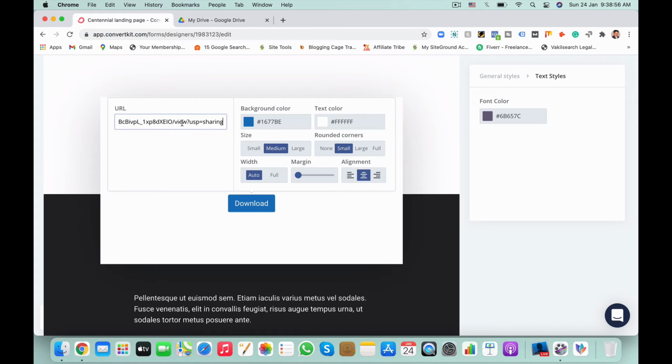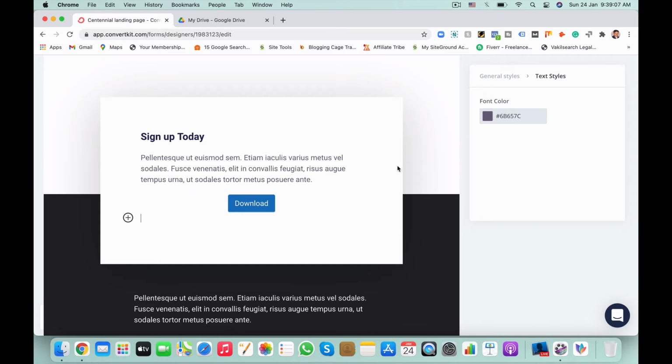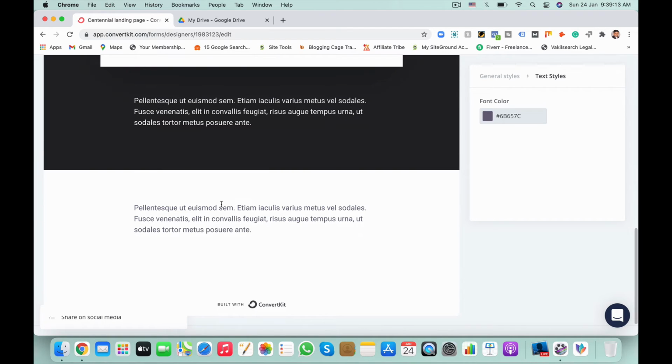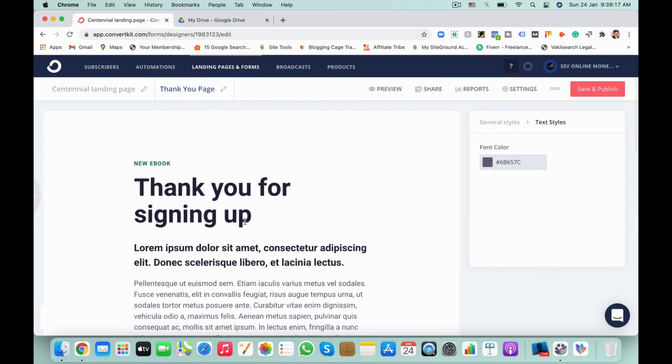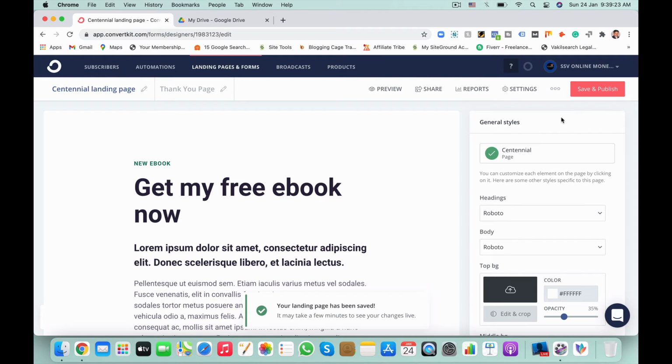Here you paste the Google Drive URL. Then you can take care of this content, and here also you can put the content. Next, save and publish.